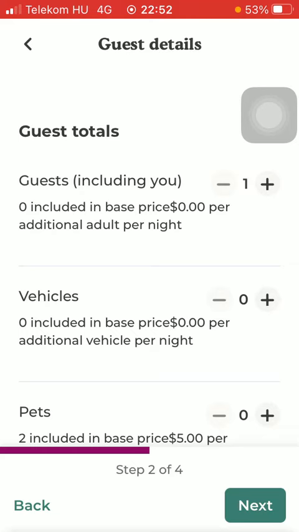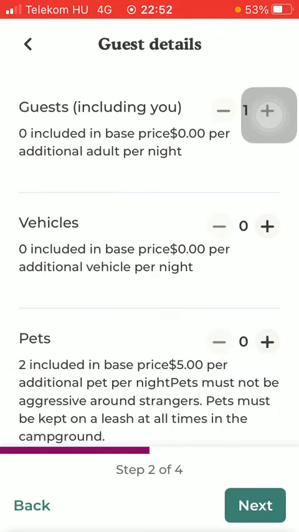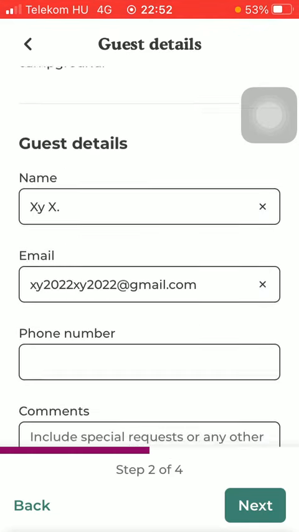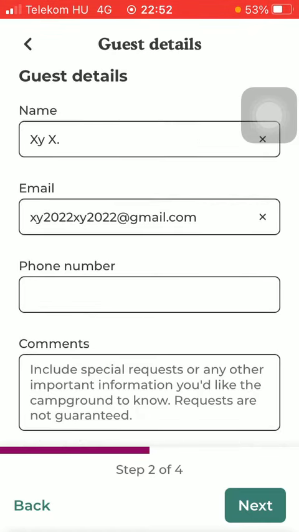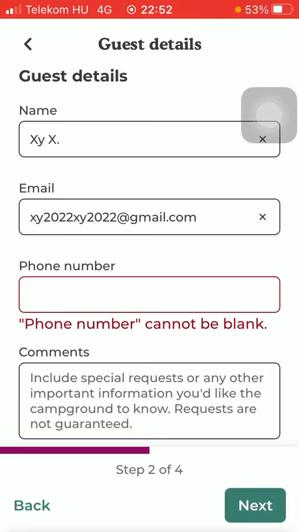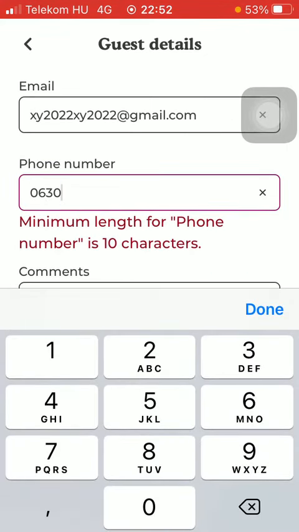Here you can set the number of guests, vehicles, pets. Then you should fill out this form including your name, email address, and your phone number. Click on the next button, and